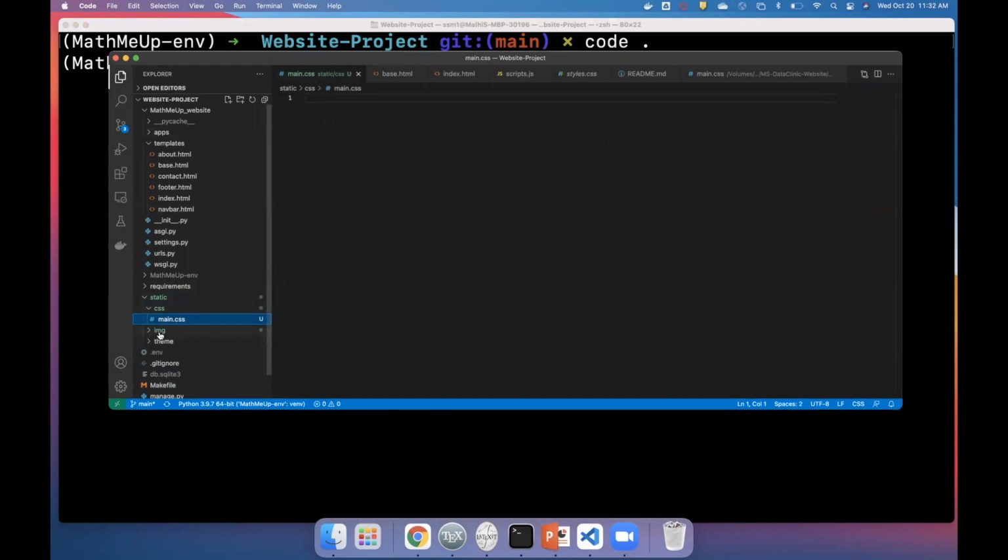Then in another folder, I created the image folder in the same static folder, and inside of that image folder I put two images, the background image and also my logo. You can find these images somewhere on the internet, or you can make your own. Okay, next thing we're going to do is copy some code into the